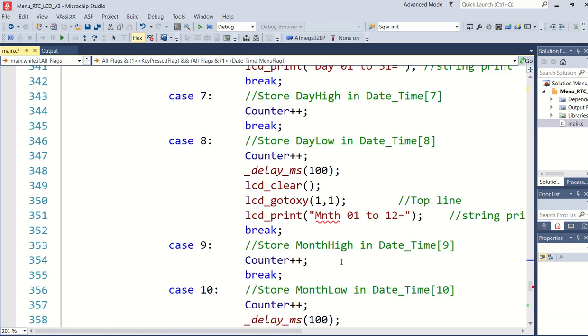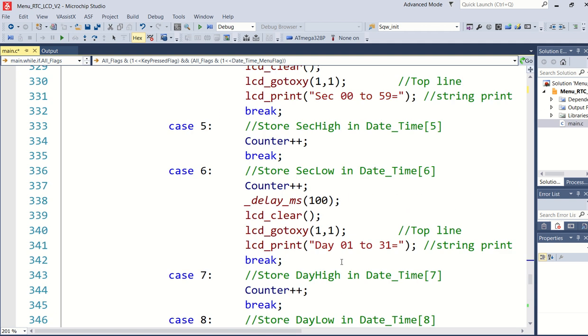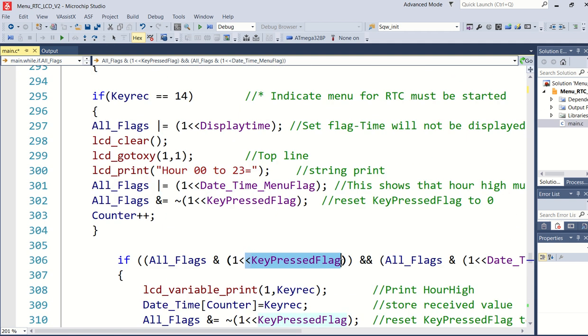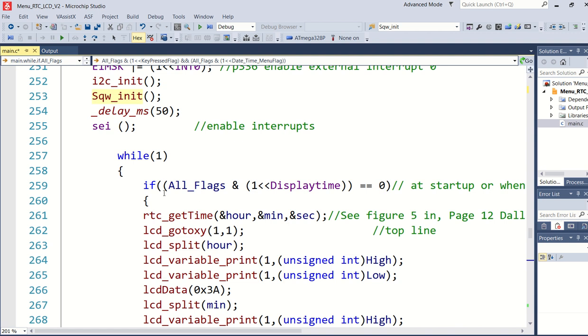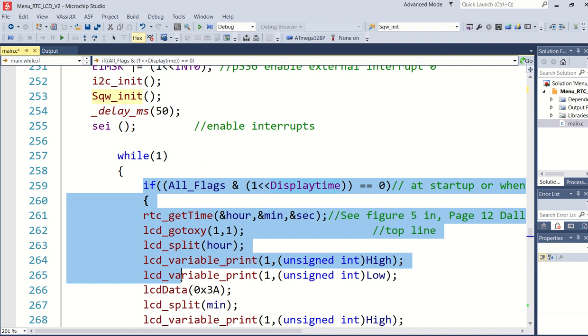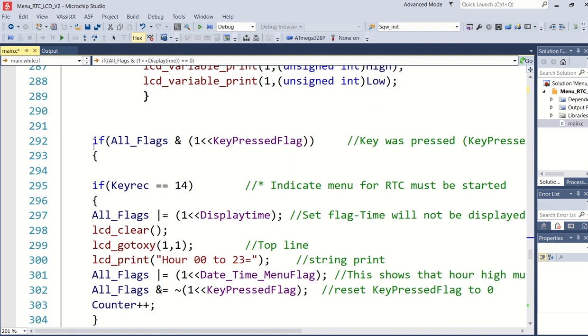Yes, it will not go into this function, and it will actually skip this if statement, or not a function, it's a statement, and then go to the top again. We've seen display time is now a 1, so it will not go into this if statement here. Key pressed flag is a 0, so it will not go in here. So it will actually go in nowhere until I press a next button.